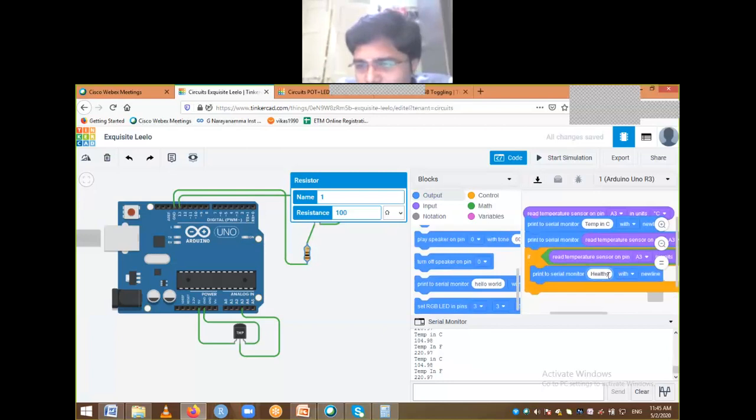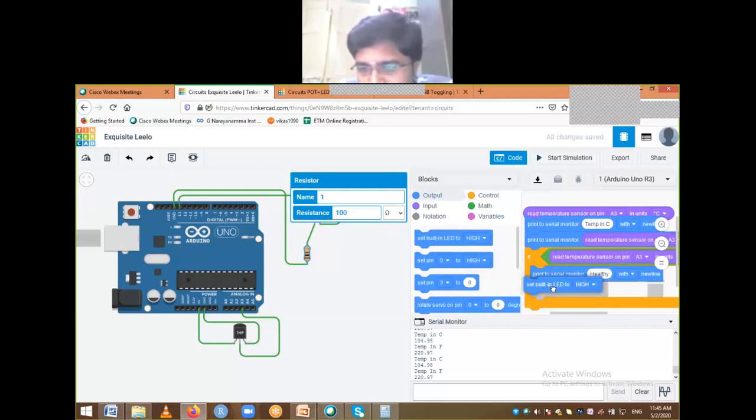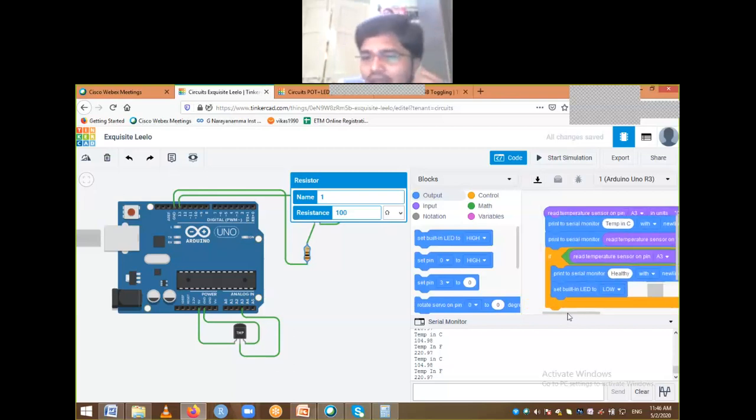And also I need to make the LED low. For that I'll put again set built-in LED low. If my read temperature is below 98.4, I will make the person healthy, and also I'll make the LED low.